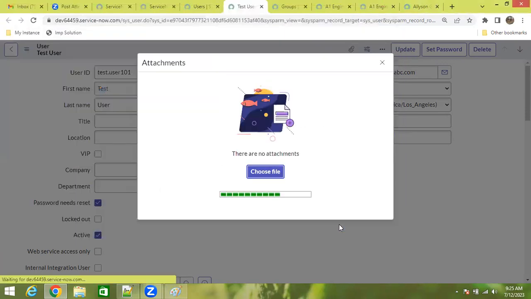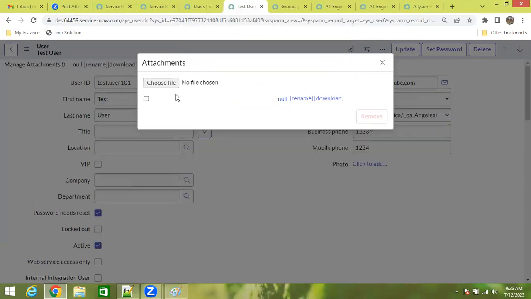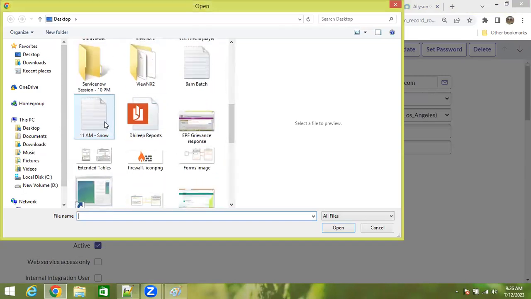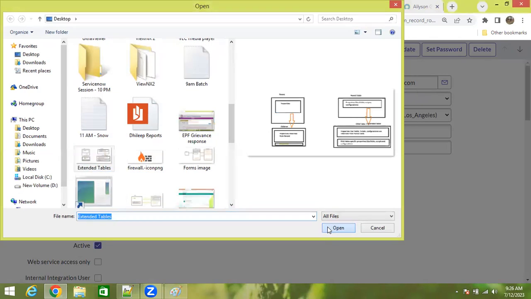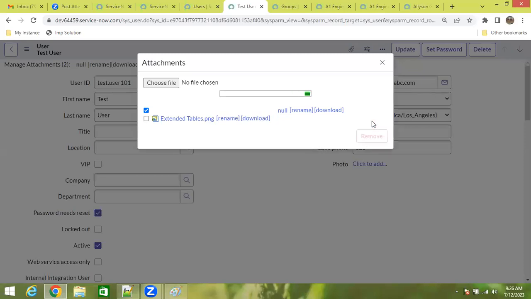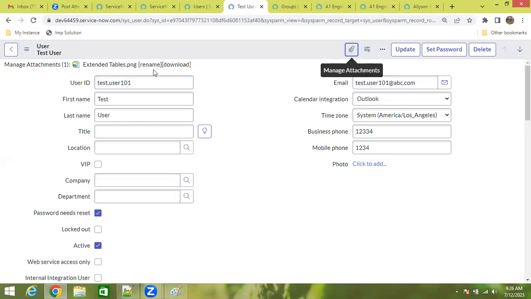Any file. Attachment is empty, it seems. So let's add another attachment. Right. So I can add attachments. So attachments will be added onto the